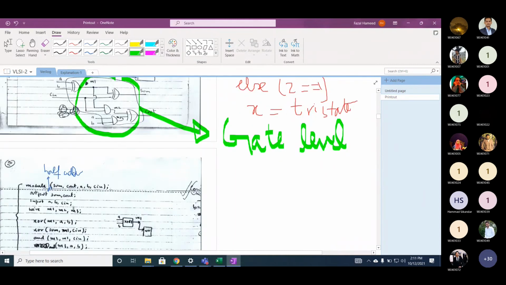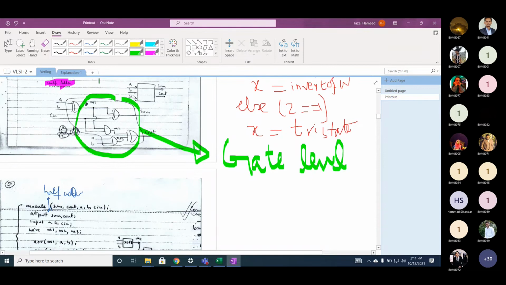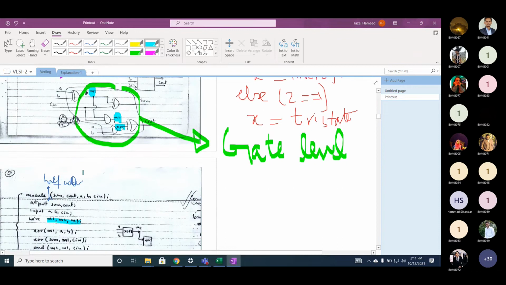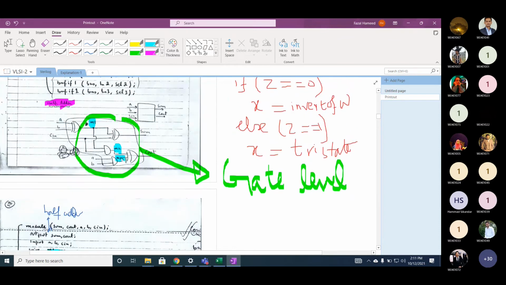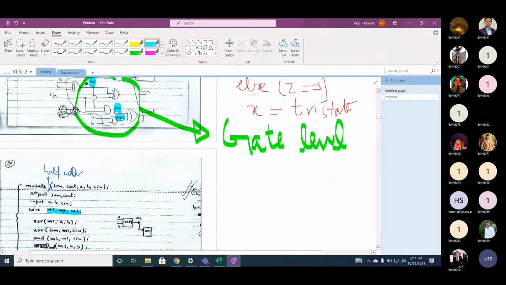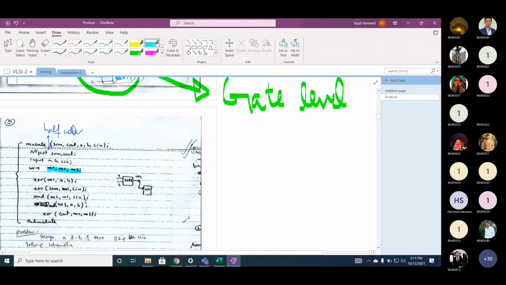Okay, so the outputs are sum and C out. Inputs are A, B, C in. We have defined three wires: M1, M2, and M3. Now exclusive OR: M1 is the output, A and B are the inputs. Exclusive OR: sum is the output, inputs are M1 and C in. And then look into the